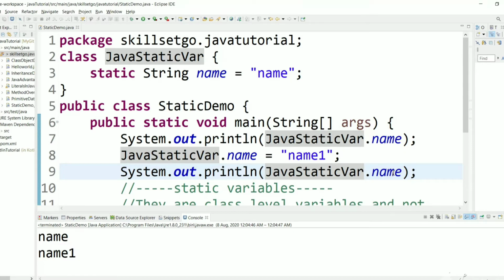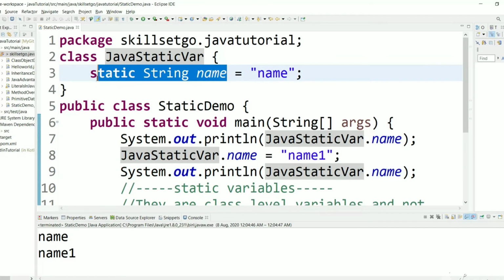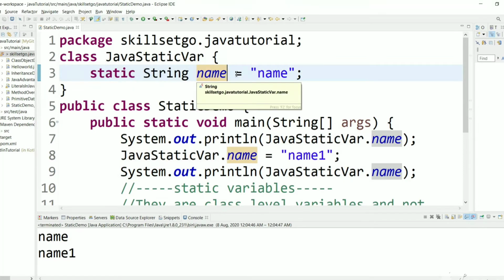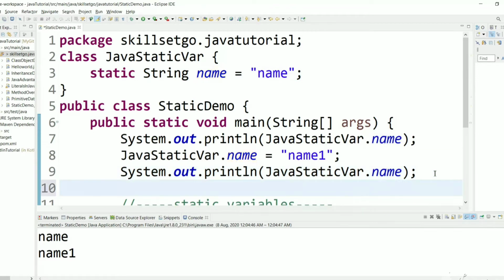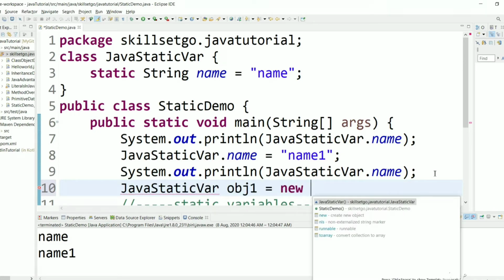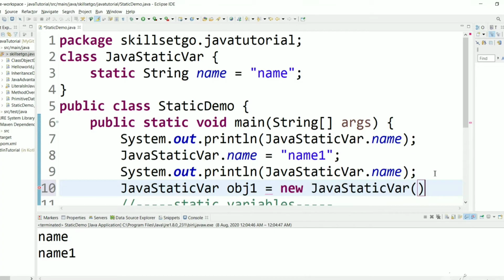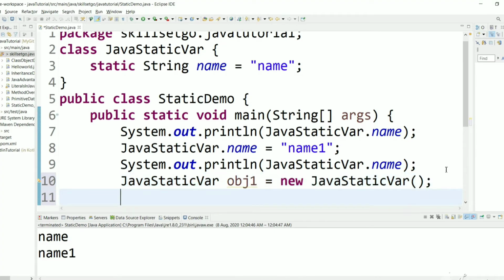So this is specific to the class, and whenever any object of this class accesses this static variable it gets the latest value. So suppose let's create an object of this: JavaStaticVar object1 equal to new JavaStaticVar, and let's try to print this variable using this object.